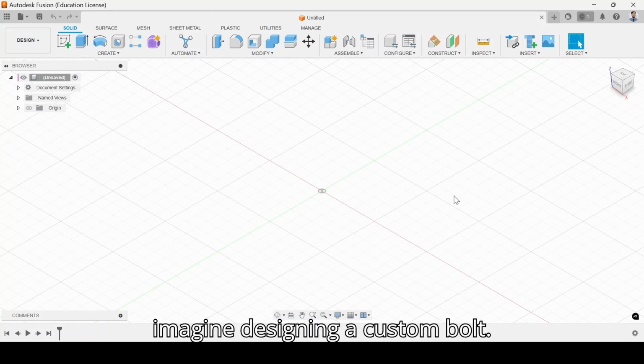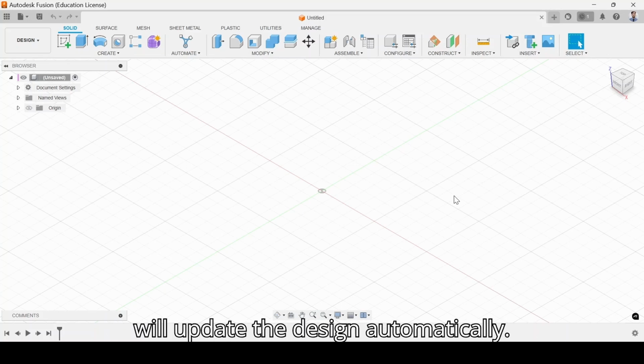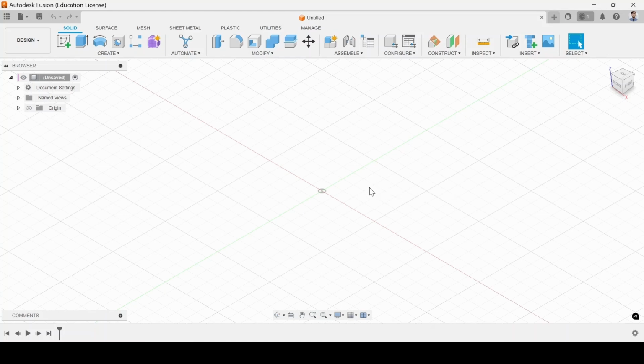For example, imagine designing a custom bolt where you might want to adjust the diameter or length instead of manually editing each part. You can change a parameter value and Fusion 360 will update the design automatically.